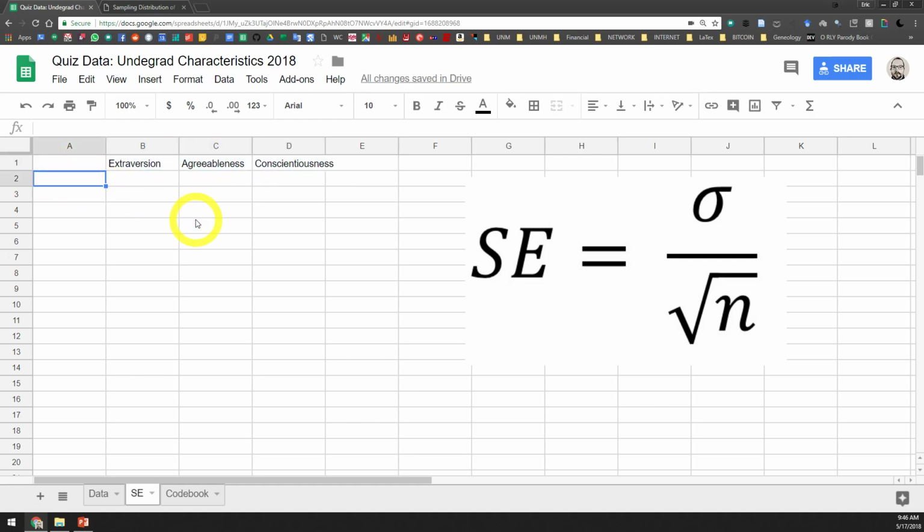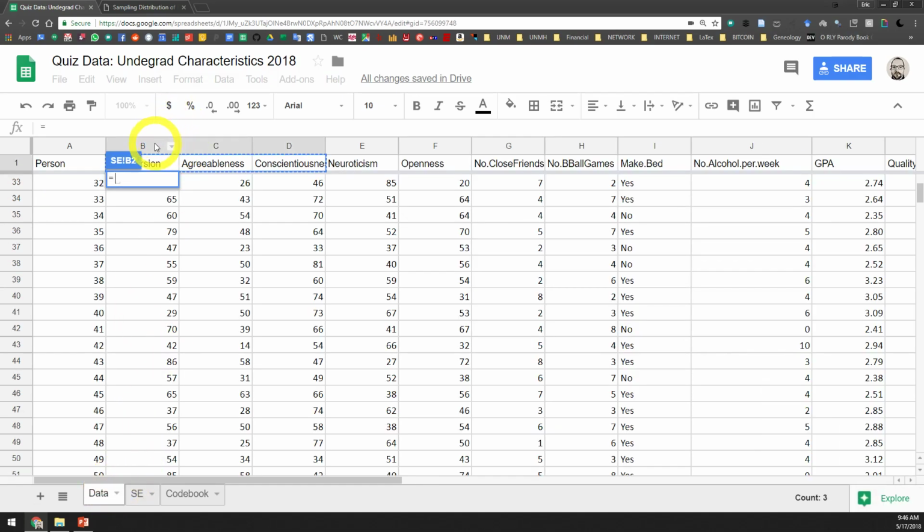And so the things that we need to obtain to calculate the standard errors are, one, the standard deviation, and just the number of observations. So we're going to put our standard deviation there, or we'll put n here, and then we'll put our standard error right there. So to calculate the standard deviation of extroversion, we're just going to type equals, then we're going to go back to the data spreadsheet. We'll click on column B, so we just select all the observations in column B, and then we'll hit enter,